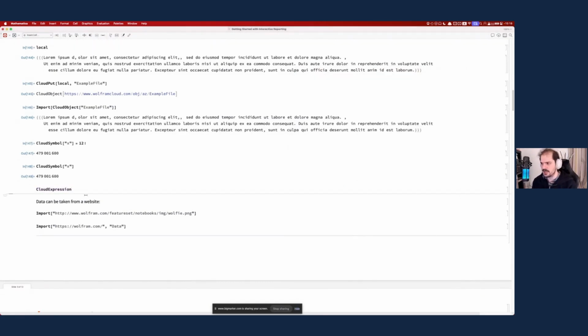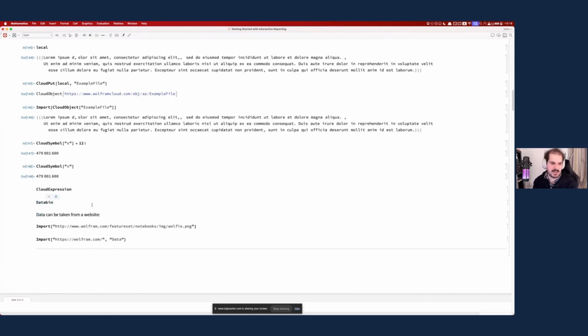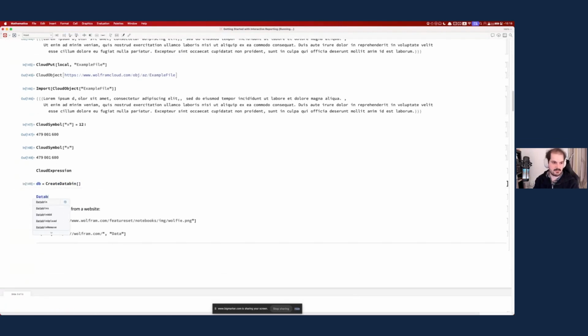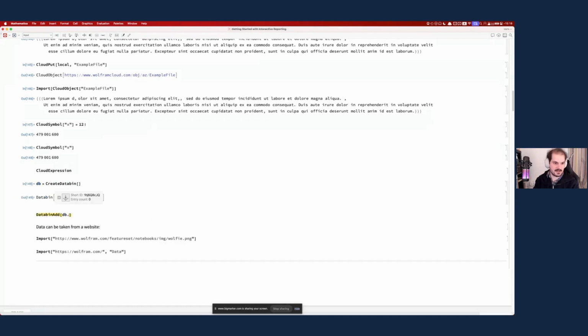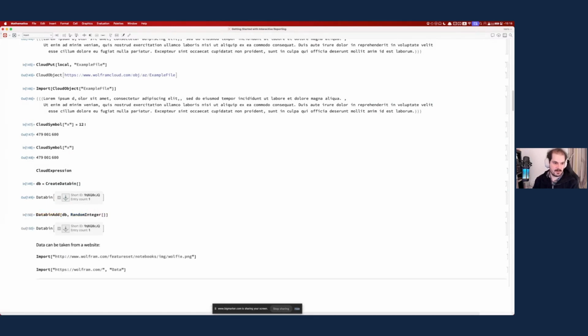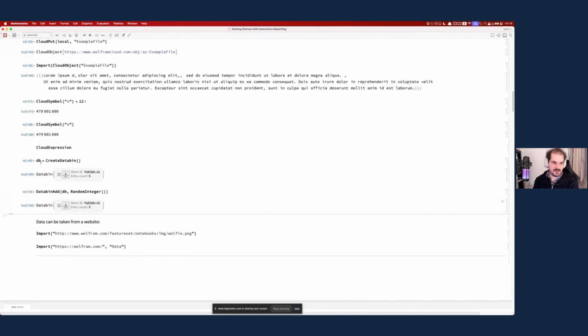And if you're interested in a large number of small bits of data, we've also got the Wolfram Databin, which allows you to create a databin. Let's just create, how do I do this? CreateDatabin. db equals Databin, and then we can DatabinAdd a piece of data to that databin, RandomInteger, and let's just add a few bits of data to this. Just run it a few times, and you can see we've got 5 entries. And now if I get this data,